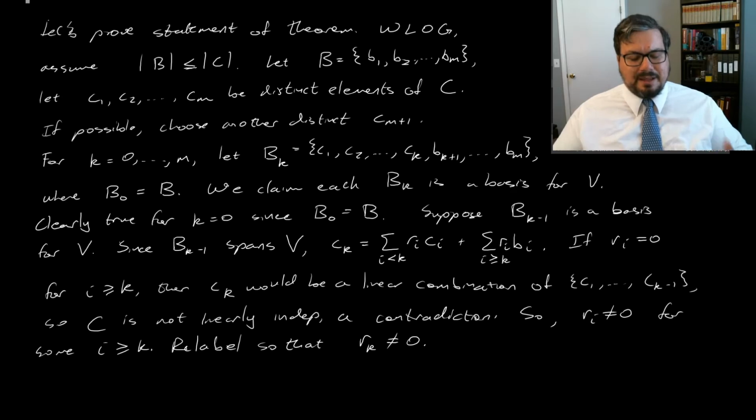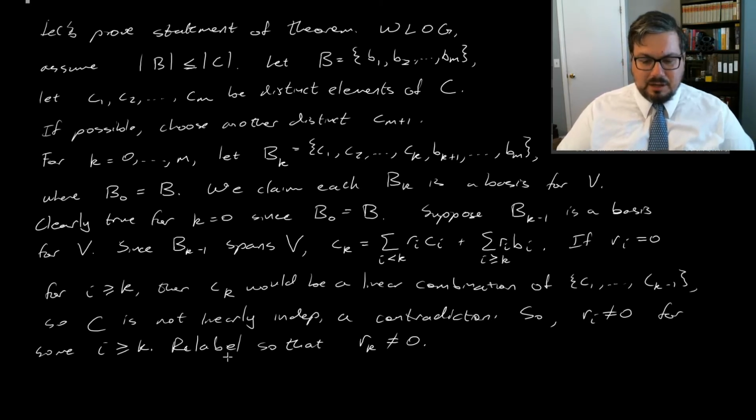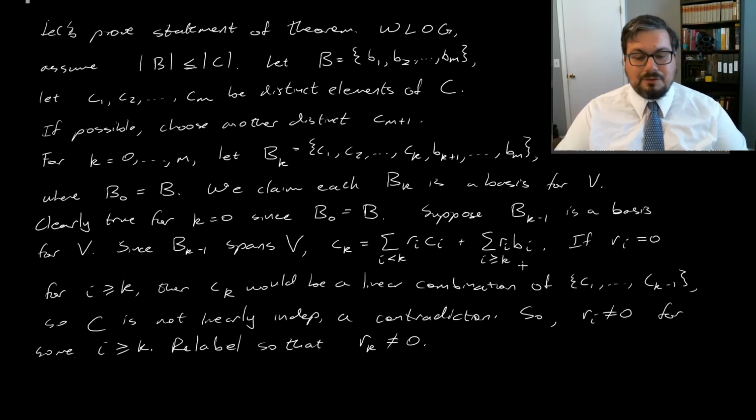However, putting all that together made the whole proof far more wordy and obscure. But that's the idea behind what's going on here. So we'll relabel so that Rk is not equal to 0. So we have the set bk minus 1, and we've expressed an element of our vector space as a sum of those things. That sum has a non-zero coefficient in the kth position, so the coefficient of bk is non-zero